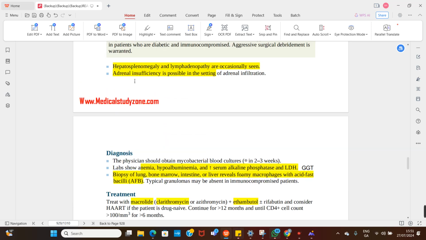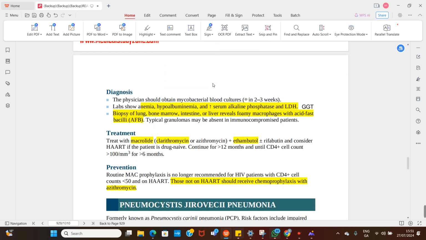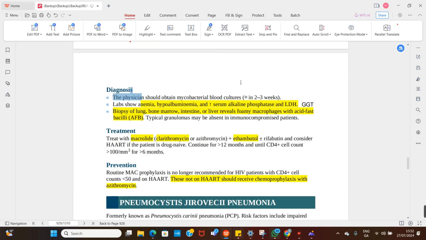So hepatosplenomegaly, lymphadenopathy, adrenal insufficiency, they can have bone marrow infiltration, severe anemia, diarrhea. Don't forget GIT. And of course, you should obtain your culture, which is going to be positive in 2-3 weeks. And because these things affect the liver and the bone marrow, they can have anemia. It affects the liver, so there's going to be hypoalbuminemia. You notice that the alkaline